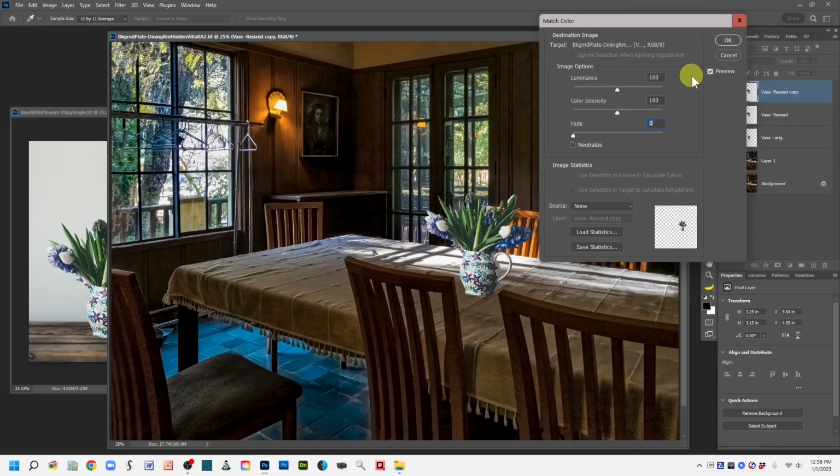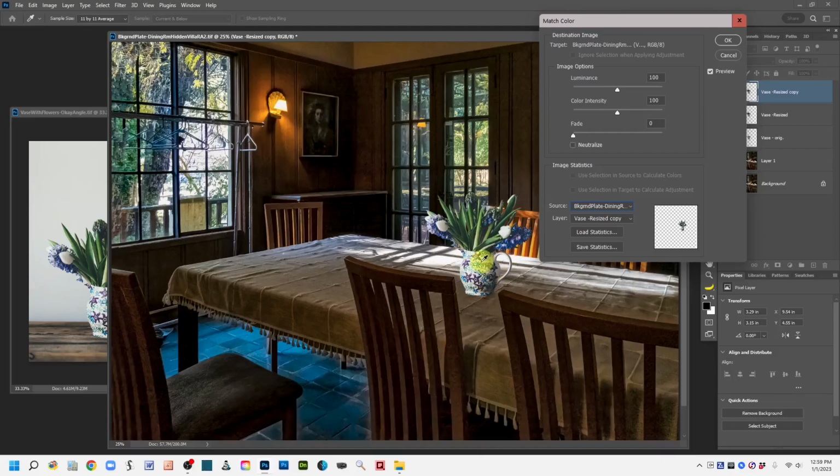And because we have the element that we're color matching already in the layer stack, we don't need to do some of the other settings that normally would be done. But I'm going to set the source here and see if it helps to set the source as the background plate, which is my background scene here. Okay. The other thing is I think I'm going to want to probably hit neutralize for this, because there's this